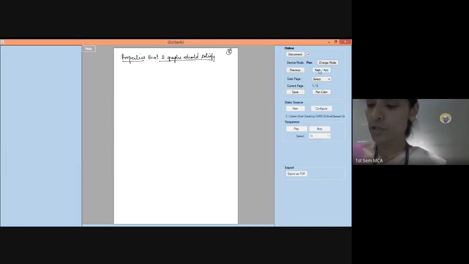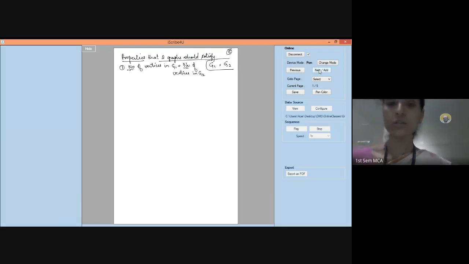The first property they should satisfy is the number of vertices in G1 should be equal to the number of vertices in G2. Let me call the graphs G1 and G2. These are my two graphs. If the number of vertices in G1 is not the same as the number of vertices in G2, I need not check for isomorphism at all. Clearly, I can immediately tell that the graphs are not isomorphic.